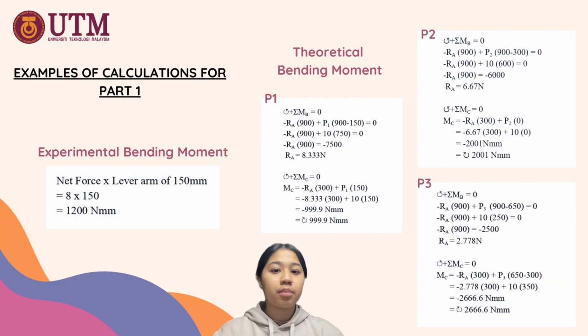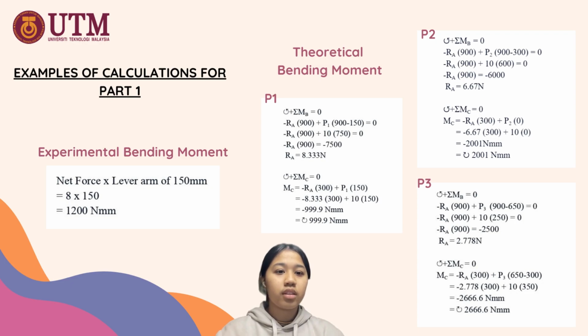Here are the examples of calculations for part 1. We have to calculate the experimental bending moment and theoretical bending moment. For experimental bending moment, we use a formula, which is net force multiplied by lever arm of 150 mm, and we obtain the value. For theoretical bending moment, we have to use the free body diagram to calculate the moment at point B and point C, using the formula moment